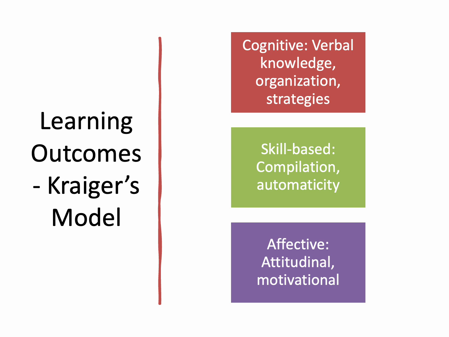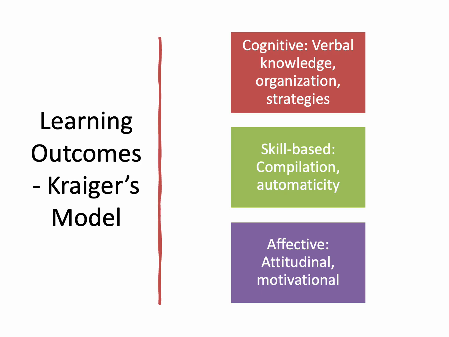For instance, a leadership training might target cognitive strategies for decision-making, skill-based automaticity and communication, and affective motivation for team collaboration. This model helps trainers align objectives with outcomes. As we explore this, think about how these domains apply to training you've experienced. Understanding these outcomes ensures training programs are comprehensive, addressing knowledge, skills, and attitudes to drive performance in fields like education